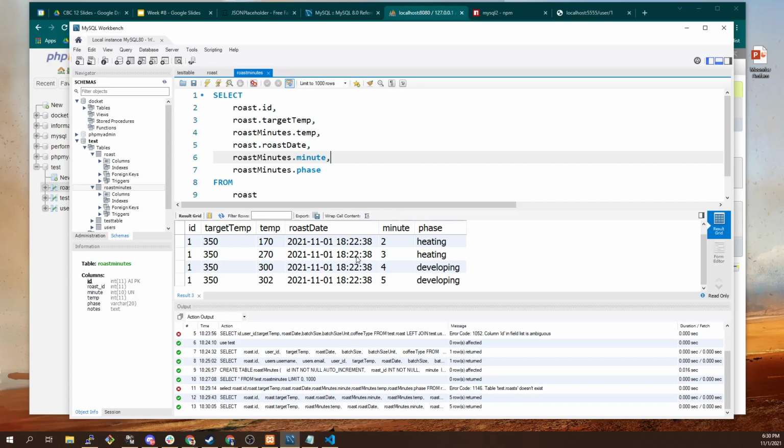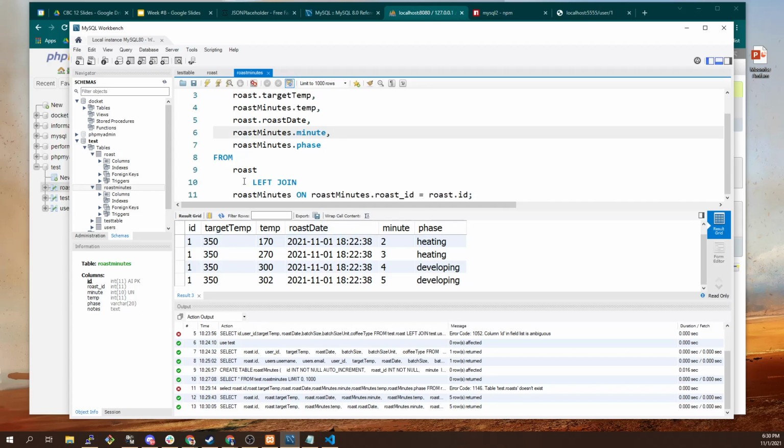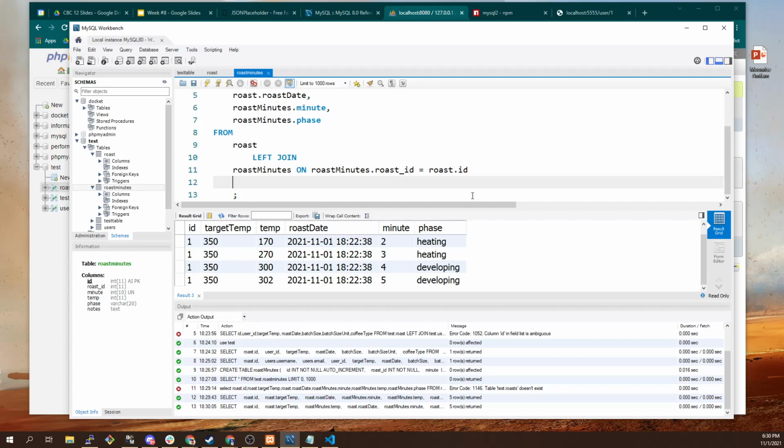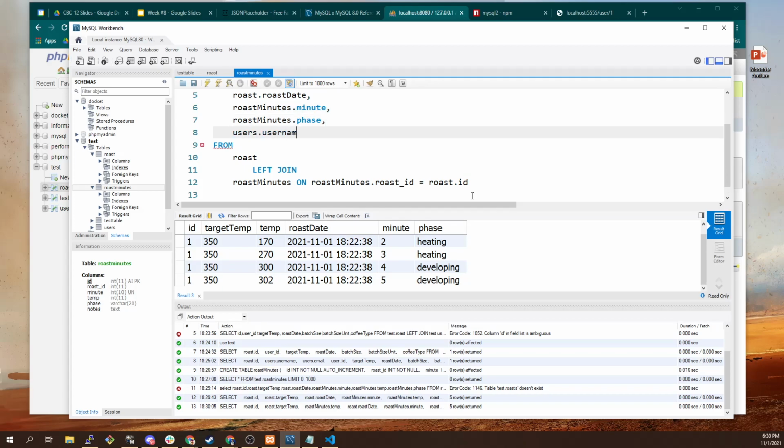Any questions about how we make relationships to data in different tables? So this is us joining two tables together on one column. We can also join multiple tables. So if we still wanted username, if we wanted users.username, users.email from here,